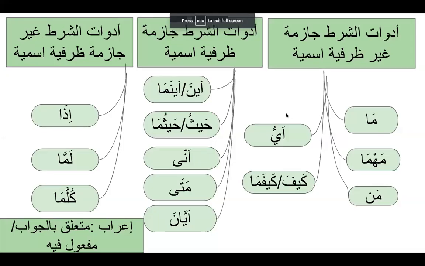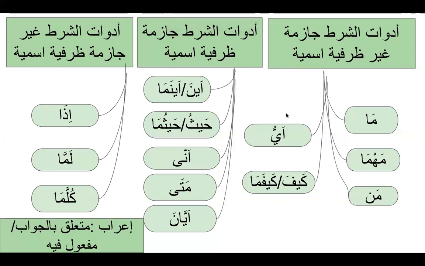Okay, so you have to memorize them. That's all that is expected of you, that you should know what are your advatu shart. You know the whole list, and then you have to find out what are isms, then what are haruf, and after you have identified isms from haruf, then you are going to see what are jazima, ghayr jazima,